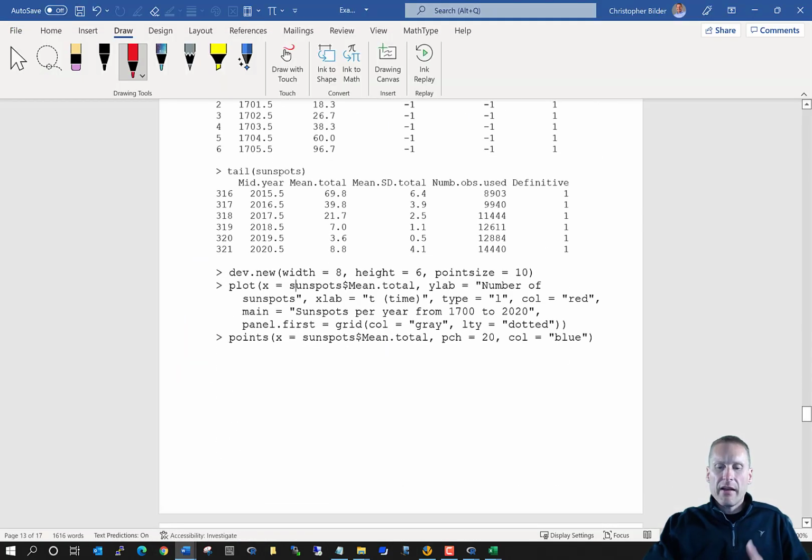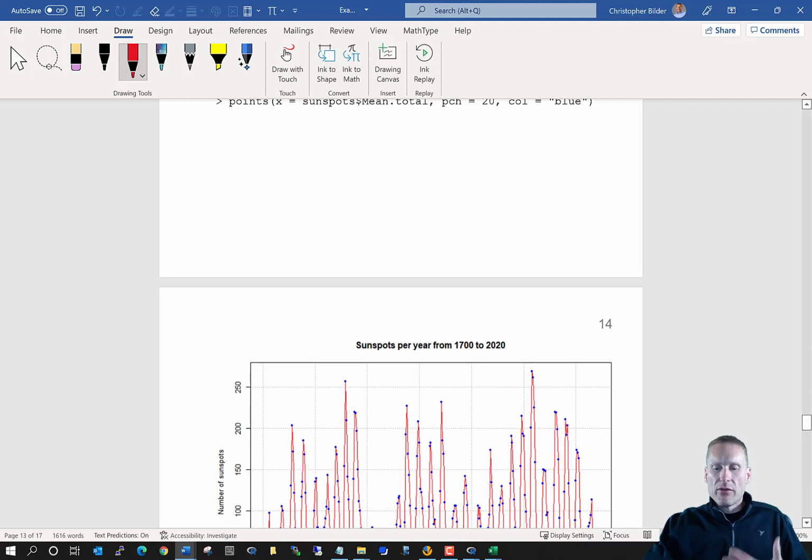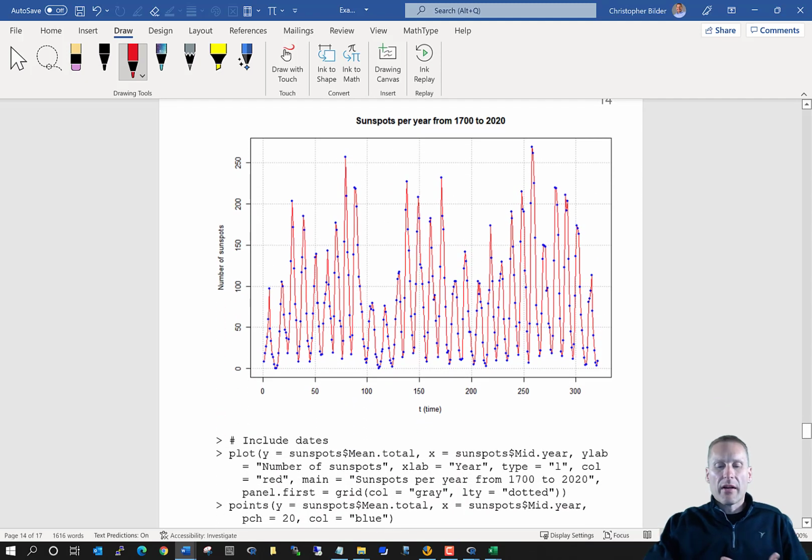So I read it in, then I do a plot using similar methods to what we've seen before, and here we go. Once again, we see some trends over time. And in fact, what we have here is about a 10 to 12 year cycle for the number of sunspots that appear on the sun. Kind of a weird thing. Why 10 to 12? I don't think people really know why yet, why that occurs.